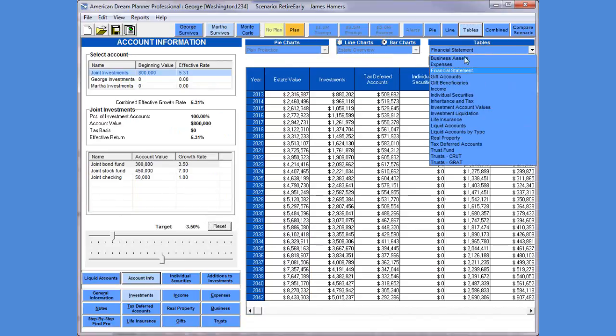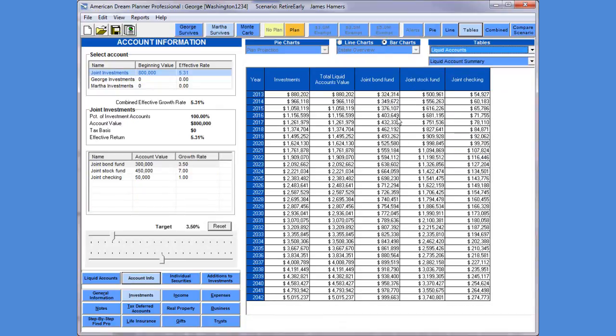Clicking the tables for the liquid account information, each of the individual funds is reflected in its own column, and as you add more accounts, more columns will appear. To see the impact of changing one part of the portfolio, in this case our bond fund, click to